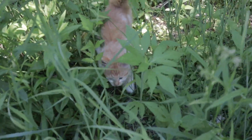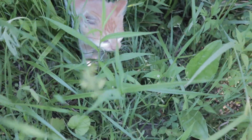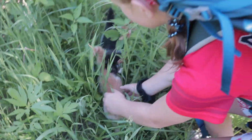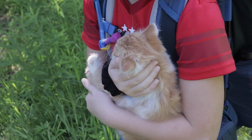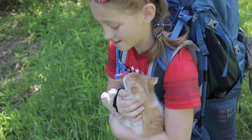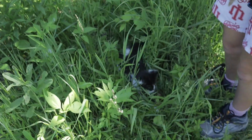Well, hello, little kitty guy. Can I pick one up? There's 2 of you. What are you guys doing out here? You are tiny. Can I pick one up? You can pet one, I think. They are cute little ones. Oh my god. What do you think? So every time you go hiking, you find cats. Is that what I'm teaching you? Well, hello there. Oh, look, he's playing with the...